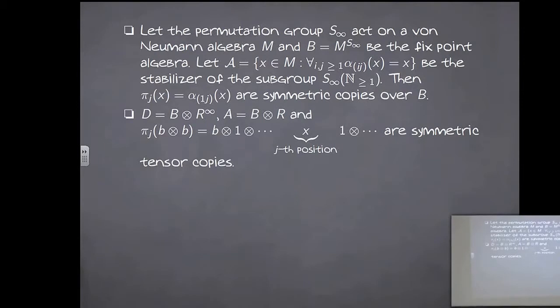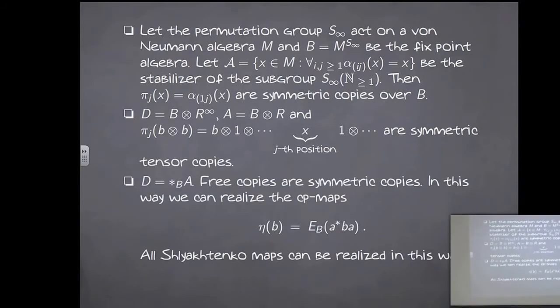This is what Dima said, right? I mean, you can take the tensor product representation and then copy the B as a tensor product. This is the easiest example. You can take free copies, and then it turns out that the Q in the construction will